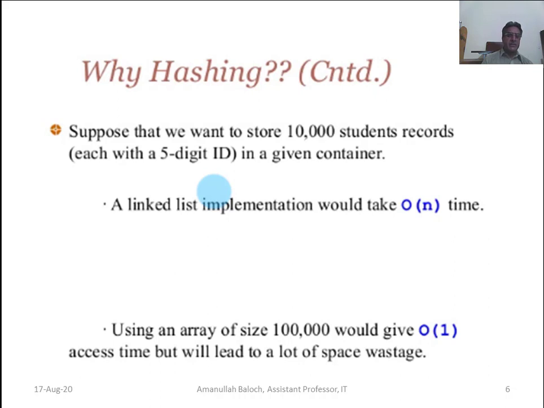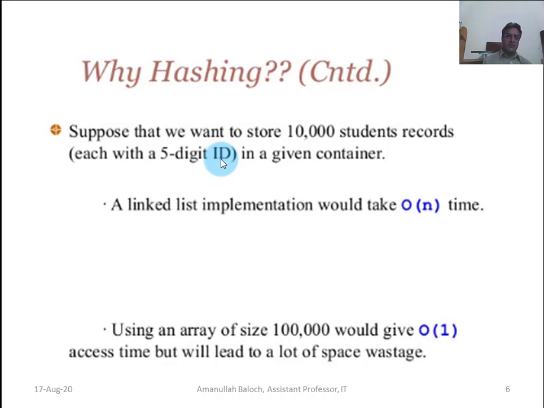Why hashing? Suppose that we want to store 10,000 student records, each with a 5-digit ID. That is, ID means roll number. The roll number of a student consists of 5 digits.